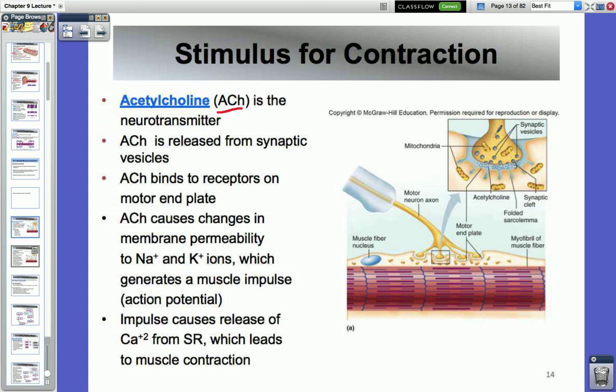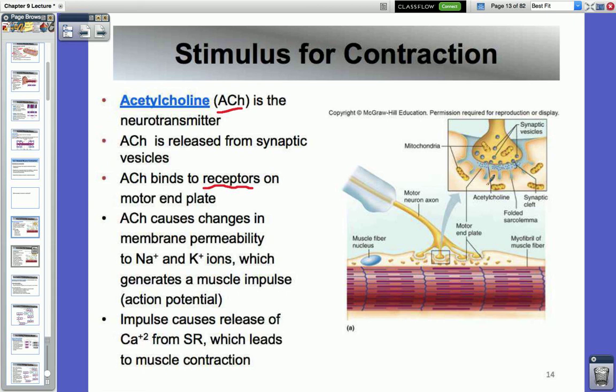Again, these synaptic vesicles are carrying it. The exocytosis is being released, and so it's in this area. Remember, they're not touching, they just kind of interact. But the muscle cell has to know what to do with it. So there has to be some type of interaction between the neurotransmitters and the muscle cell. Therefore, there are receptors on the motor end plate of the muscle cell that are going to receive the neurotransmitters, receive